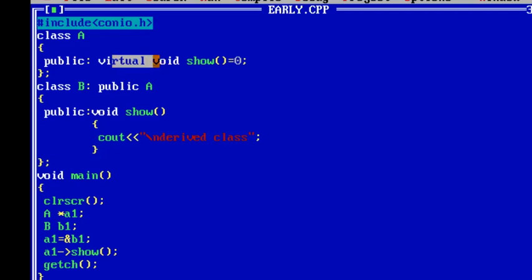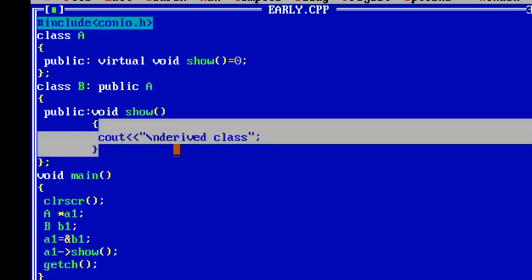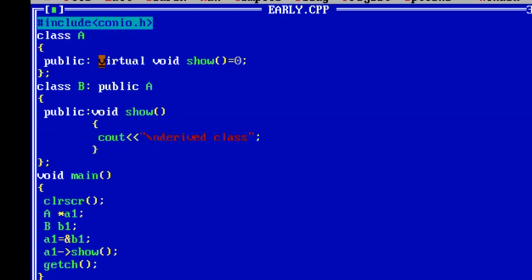But we don't want that, or we don't expect that. As your A1 is pointing to B1, this function should get called, and that's why we have made that show function as a virtual. So after making any function of base class as a virtual, its body will not get executed,